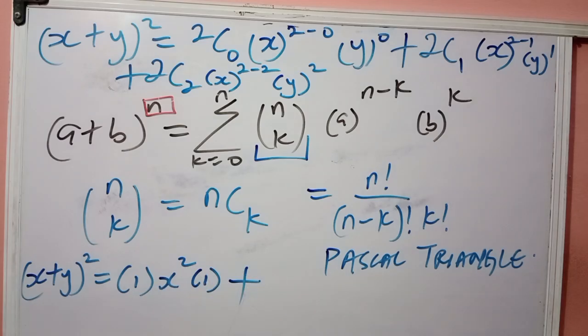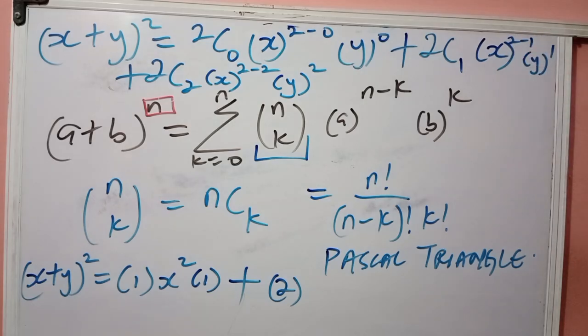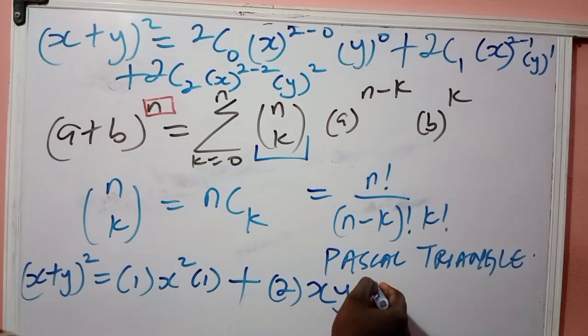2 combination 1 will actually be 2. If you press that on the calculator, 2 combination 1 is 2. So you have 2. Then you have x raised to power 2 minus 1. That's x raised to power 1. So you just have your x value alone. Then you have y raised to power 1. So you have your y value alone. Plus,